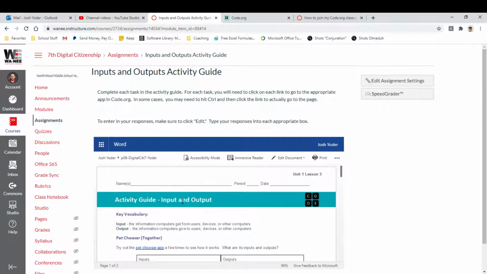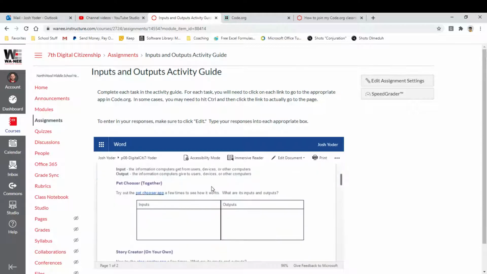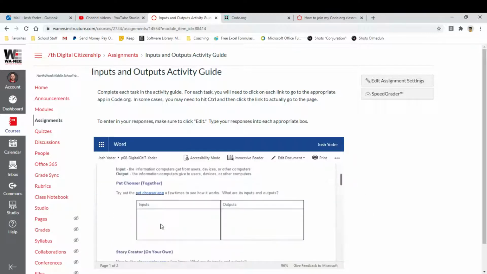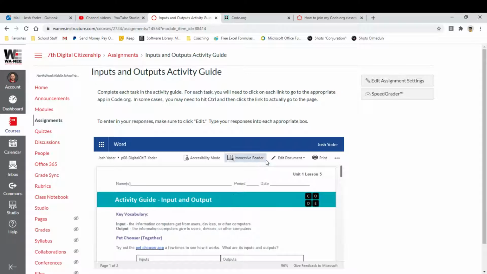Now if you're at home and you didn't quite understand how this works, that's okay. I want to show you now how it works. So if you click on the inputs and outputs activity guide, this comes up. This is an Office 365 document. So in order to edit this on your own, if I just click on this, I can't actually type anywhere in it, right? So what you want to do is come to edit document,